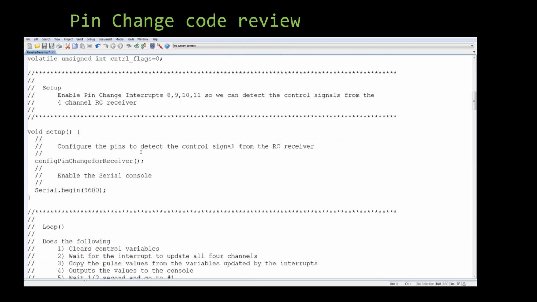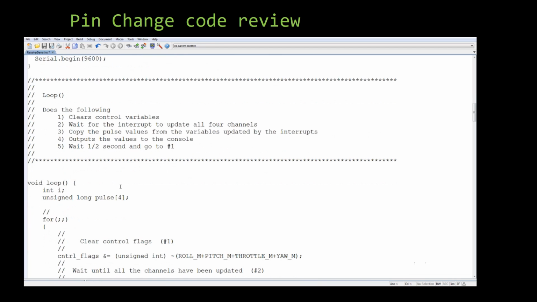Okay, and here's the setup routine. So the setup is pretty simple. We're just going to do a config pin change for receiver. So this will configure the interrupts, and it'll vary depending on what board you're going to use, and then enable the serial debug port. This is the loop, and what I do, above the main loop, I always put a